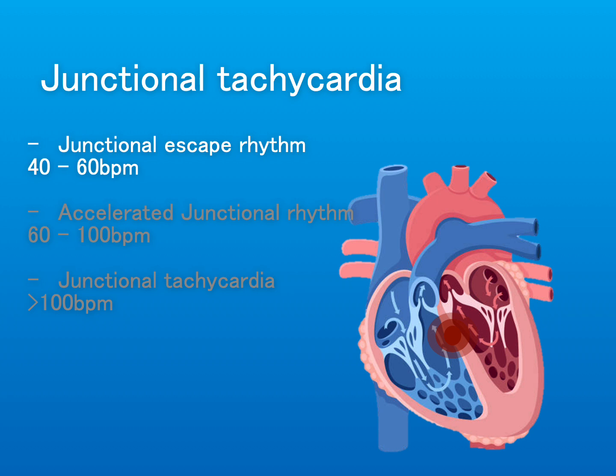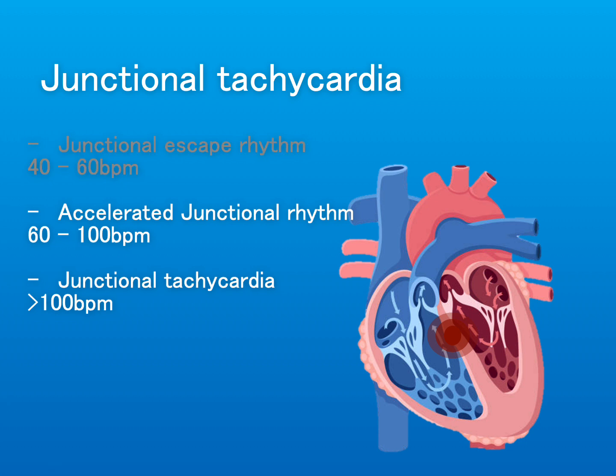In other cases, rather than taking over because the sinoatrial node is too slow, it might actually be sped up itself by increased automaticity. And the rhythm in this case would either be called an accelerated AV junctional rhythm if it's between 60 and 100, or an automatic junctional tachycardia if it's above 100 beats per minute. Both of these rhythms are associated with structural heart disease, and a classic example would be following an MI or